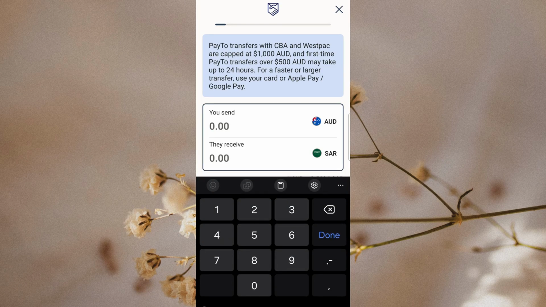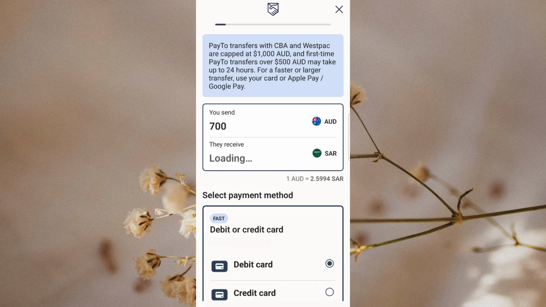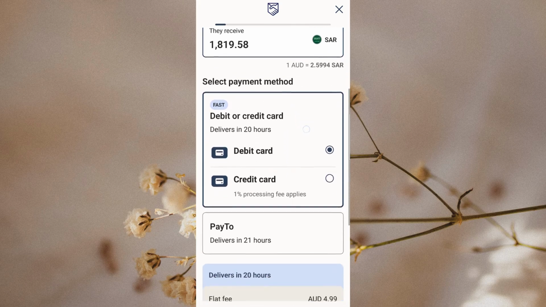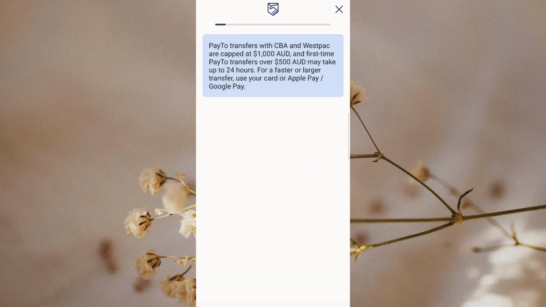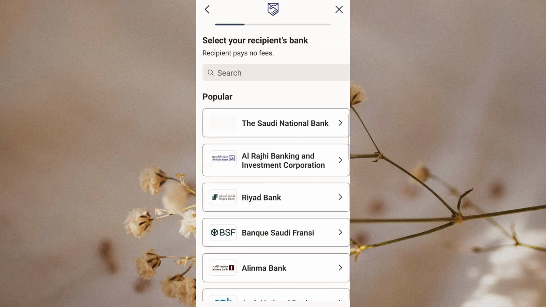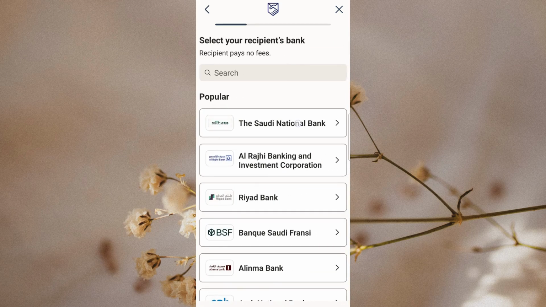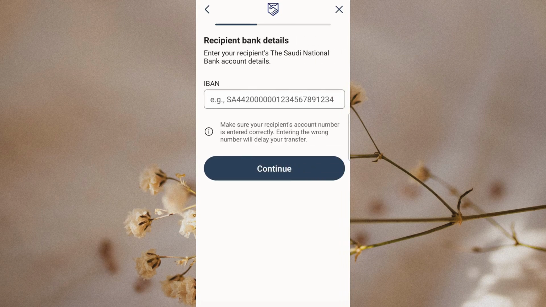Once the amount is entered, select the delivery method. The available choices may vary depending on the destination and the recipient's setup, so choose the option that best matches how they want to receive the money. After that, select your payment method. This is how you'll pay for the transfer, so choose the option that works best for you. Then click Continue.